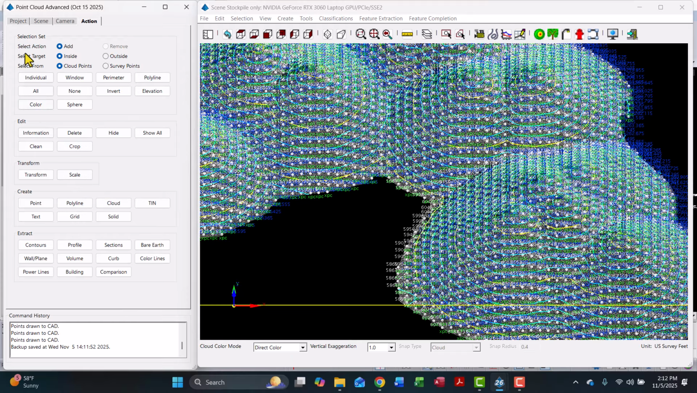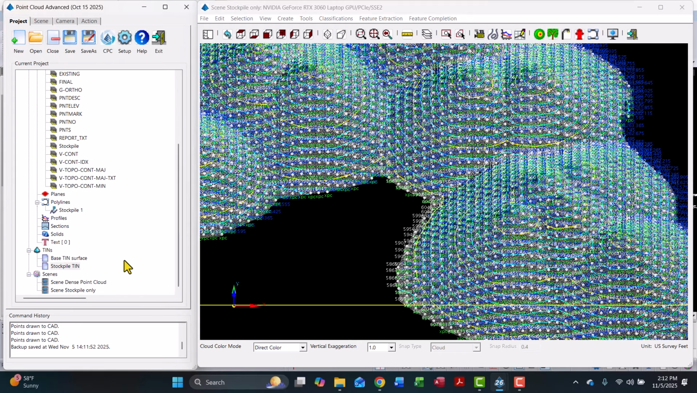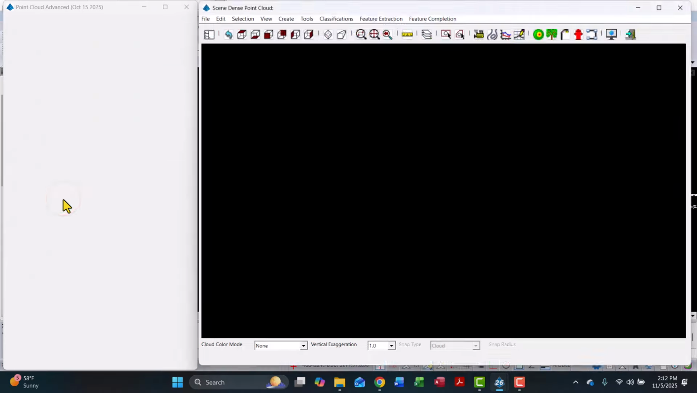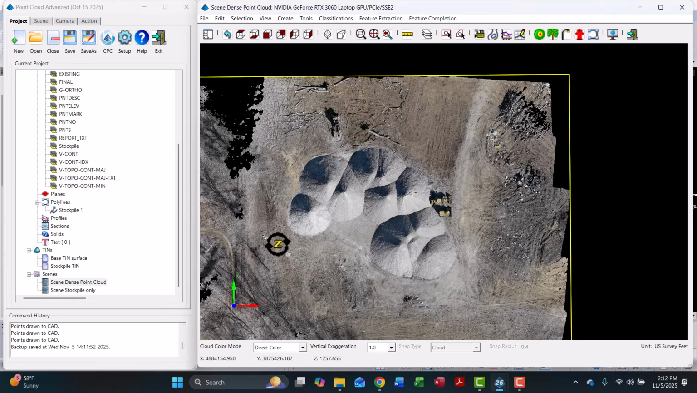All right, so now to get the remaining, what I'll do is open the original scene. Let's go back to that one. We had the stockpile and all the other points. Now we're going to use the boundary line that we did for the stockpile as an exclusion, right? So we'll go back